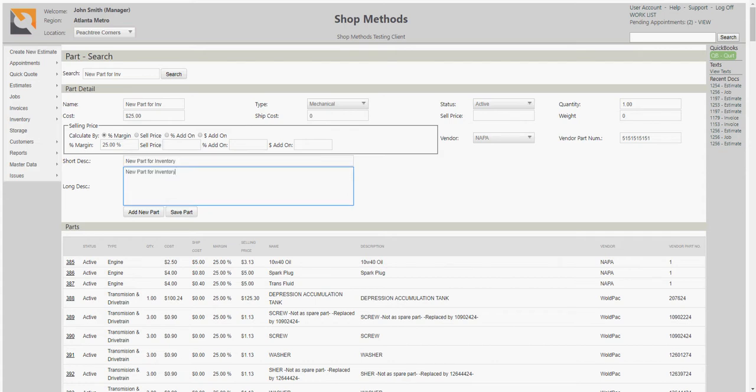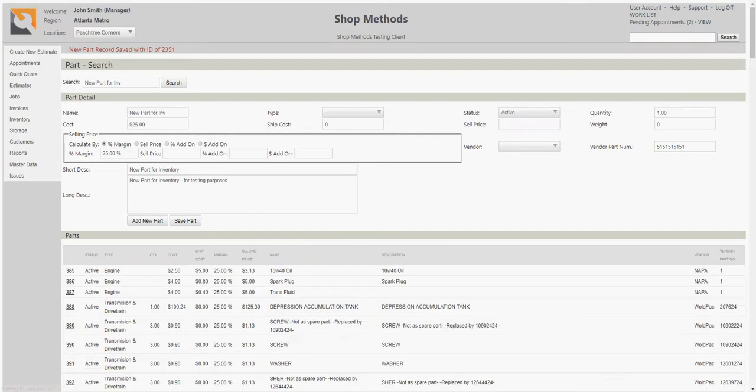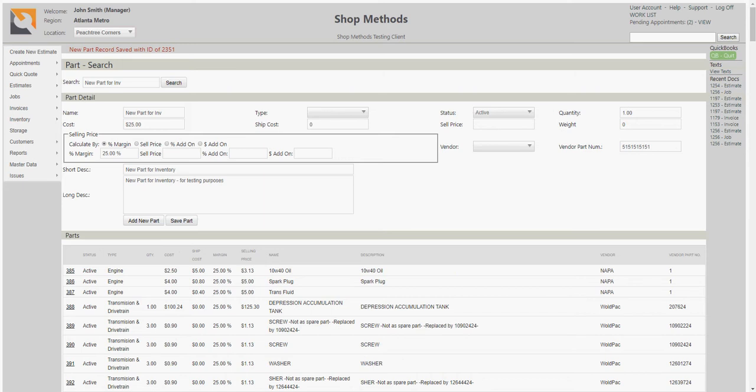Give it a longer description. Then we save that part. So when we save that part, it's going to do all the calculations. It's going to make that part record available for use in estimates and jobs. One of the other things it's going to do is go to the inventory and create